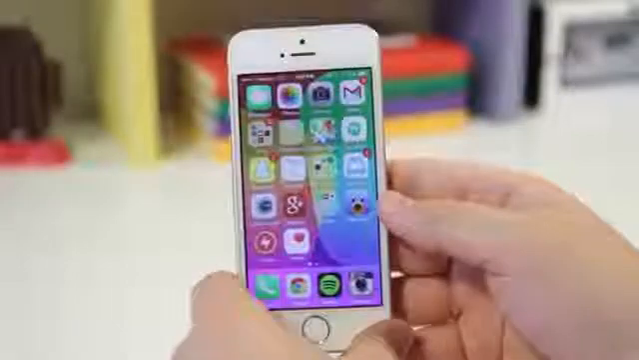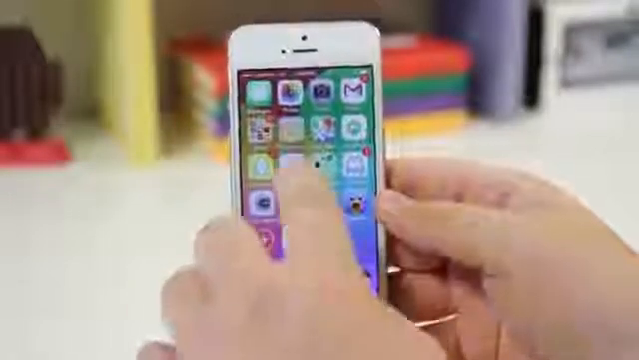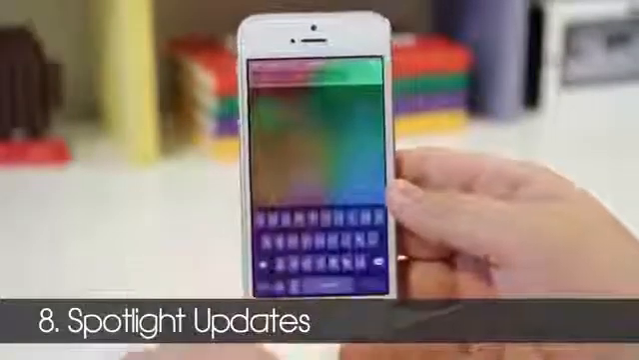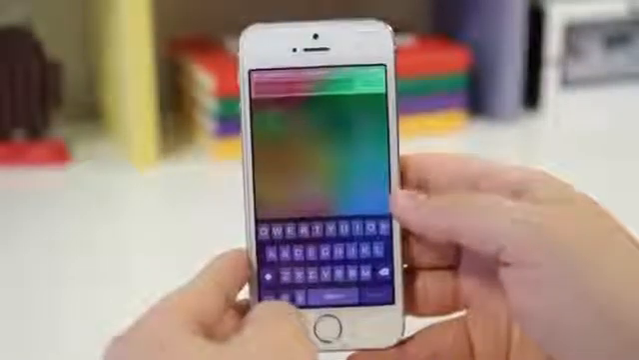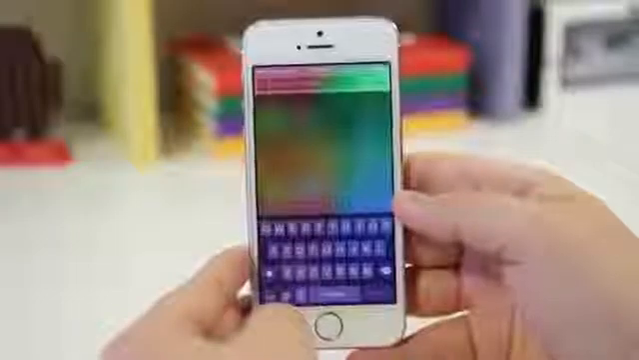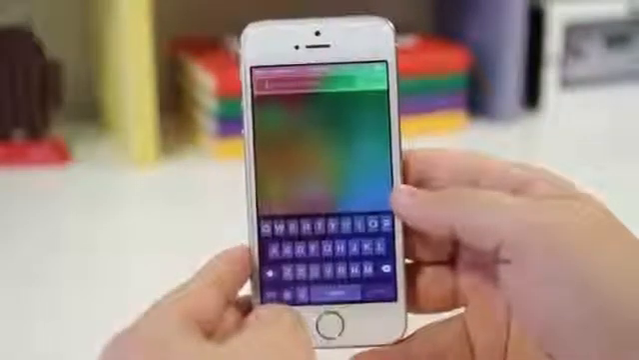Number 8 is going to be the new additions to Spotlight. So if we go ahead and pull down into Spotlight, you actually have a few new options in here. So you can search for apps in the App Store, points of interest, news, restaurants, songs on iTunes, as well as movies. Now what's cool about movies is if I search for Godzilla,